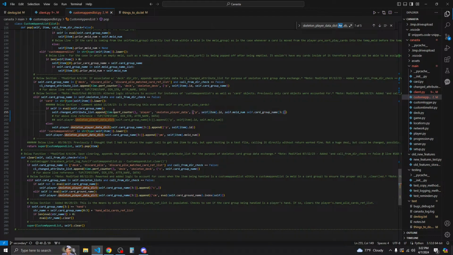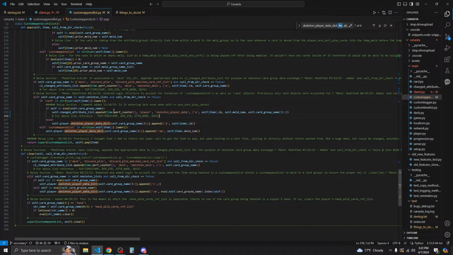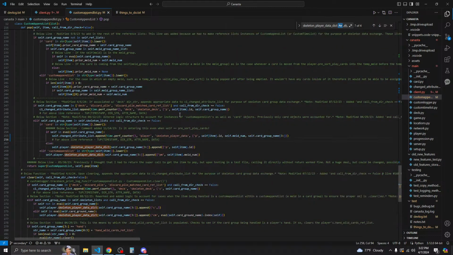So we have P self of item.id, self of meld num, and then self.card group name. Alright, that is good to go.